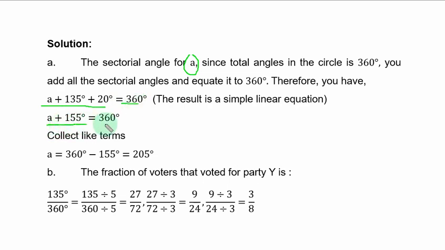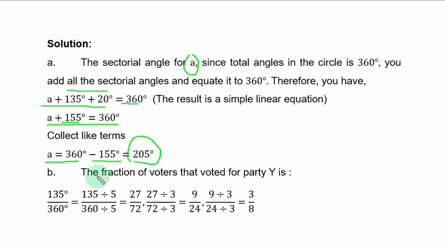That simplifies to this. When you add these two angles, you have this one. Next thing is to collect like terms. So A is equal to 360 degrees minus 155 degrees, and you have